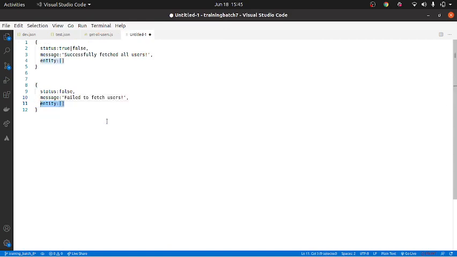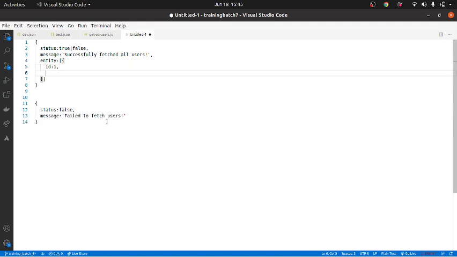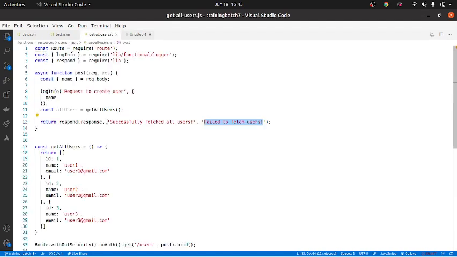And the entity will not be there in this case. The entity will have, let's say, ID1, name user1, etc.